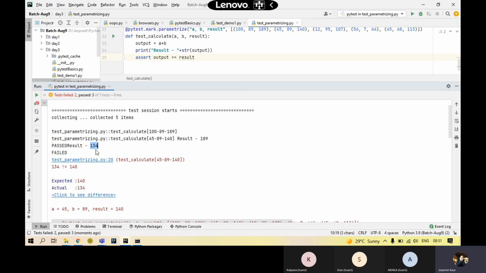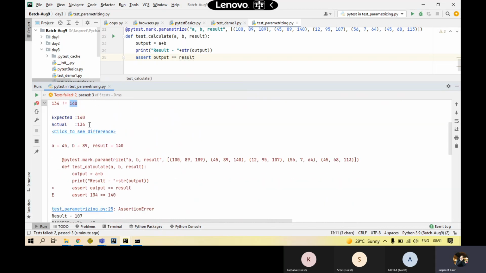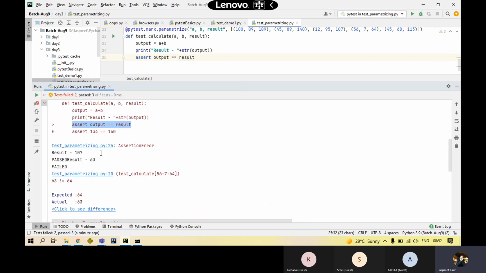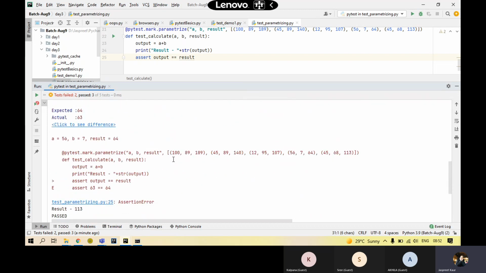This is the actual computed one. What I was giving was this. So over here, it gives you the whole result in detail, that this was the expected one that I was expecting, and this is the actual. These are the values for this test case, and where your test case is failing, that line number is pointed out, and then it gives you an assertion error, and it failed the test case. It simply gives you the whole information in detail so that you can correct it easily,